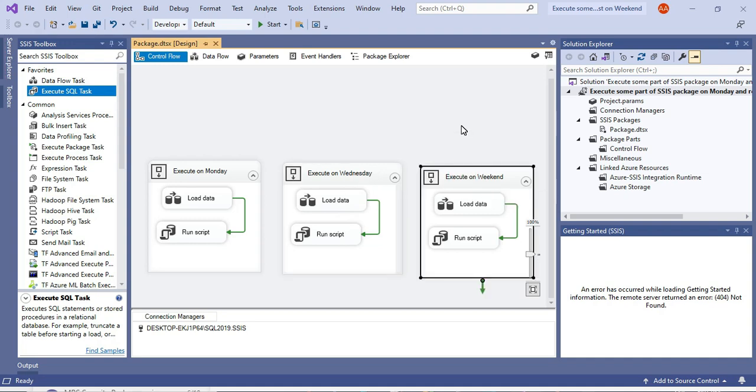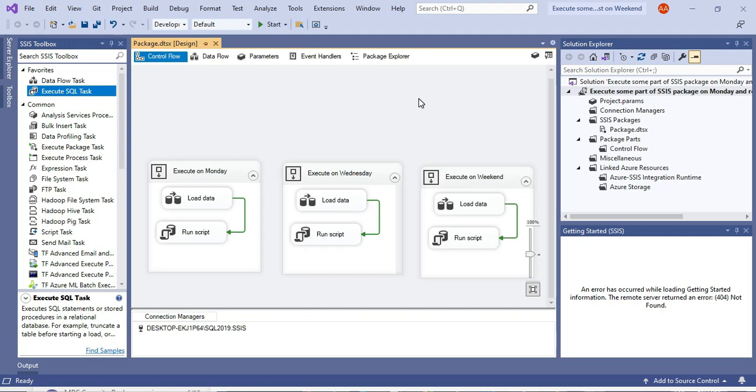And I don't want to, for example, disable or enable anything. I just want my complete SSIS package to be created, and then it should get today's date, and from that date it should get the current day, like which day it is today, and then accordingly it should execute the respective SSIS code. So I have three parts here.